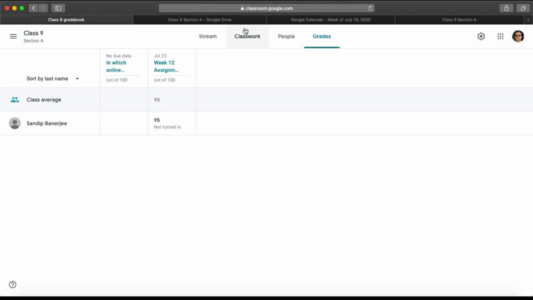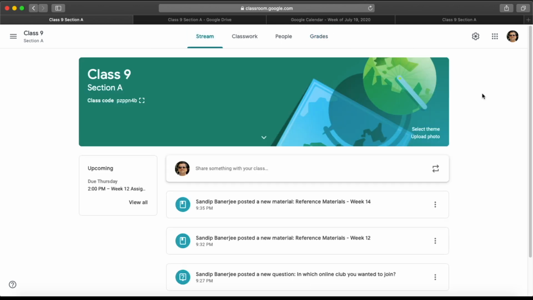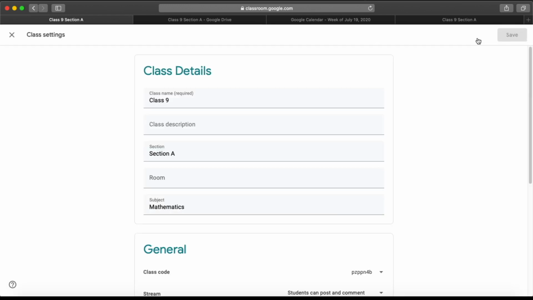Let me now come back to the Stream tab and discuss two major things. First of all, one is the classroom settings, which is available in this gear icon. If I click on that, it will give me that option. You can see the first option that came when we created this classroom, which you can edit from this option as per your requirement.